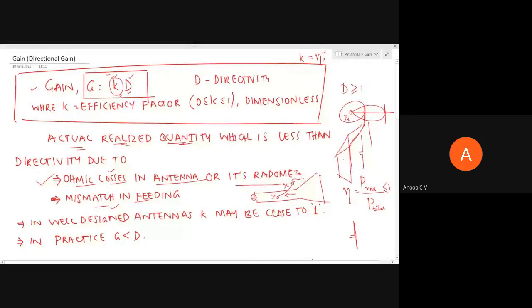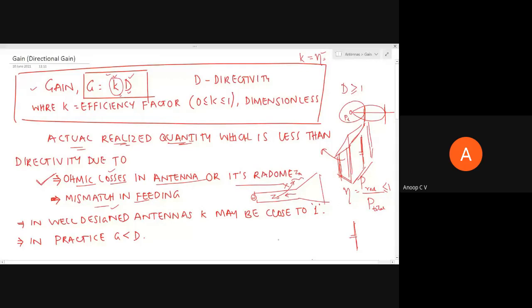Or there can be some structures surrounding the antenna, right? If this is your antenna, there can be some structures in which your antenna is encased. So in this radome also we can have some ohmic losses. So this reduced efficiency can be due to ohmic losses in the antenna or its radome,